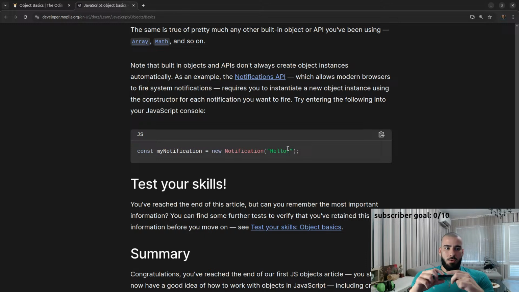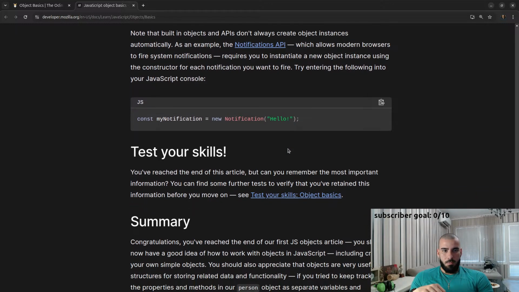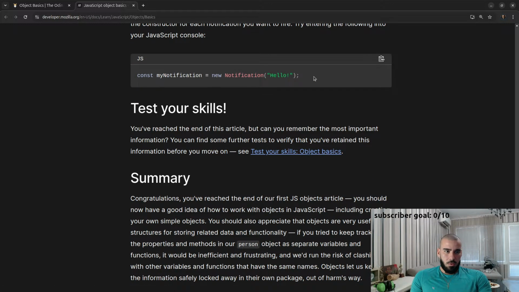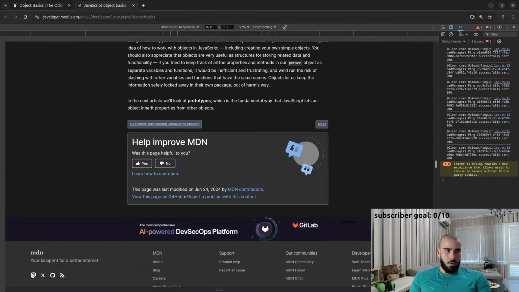Note that built-in object APIs don't always create object instances automatically. As an example, the Notification API, which allows modern browsers to fire system notifications, requires you to initialize a new object instance using the constructor for each notification you want to fire. Try entering the following into your JavaScript console. I don't know if anything will happen if we just enter that without calling it. const myNotification